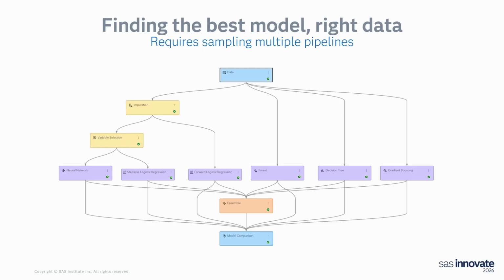Well, if you've ever played around in Model Studio, you'll know that by simply dropping your data set in and flipping a few switches, you can get pipelines like this. Why do we create pipelines like this? Well, given a data set, it's impossible to know beforehand whether neural net, logistic regression, forest, decision tree, or gradient boosting is the best. And on the cloud, you can run them all and be almost like a clairvoyant, where you get the best in the same time it would have taken you to run one of these models, because they can all go at the same time.